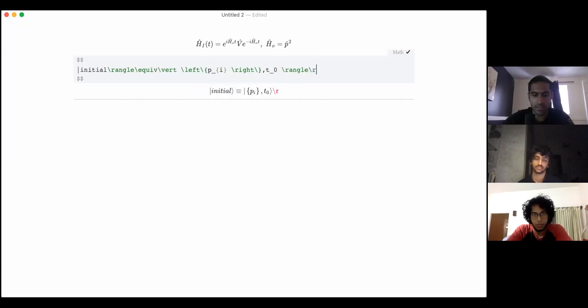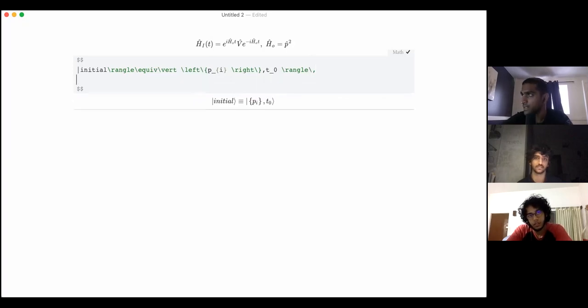Now, what will happen is that under the action of the free Hamiltonian, this is in the free Hilbert space, so this state satisfies